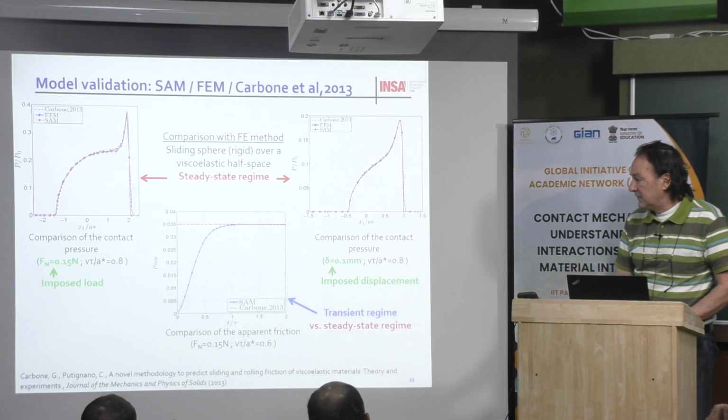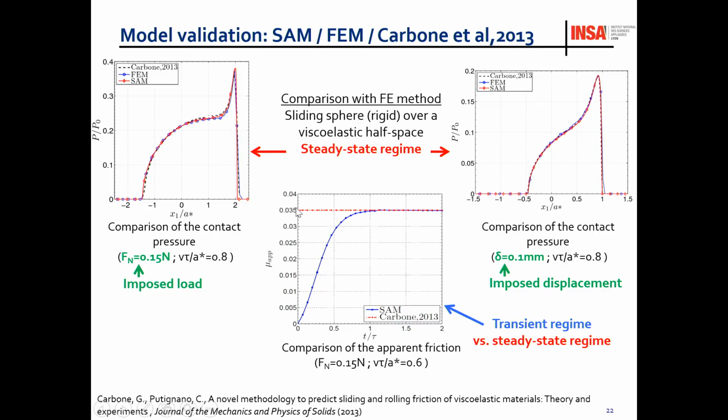Then you can see here a comparison between the steady state solution and the transient solution. As I said before, you can see that in this situation, we reach the solution when t, the time, equals tau, about 1. But it depends on the situation. It can be 2 tau or 3 tau, but typically around tau, we reach the steady state solution. And you can see that you have a very sharp increase of friction coefficient. Here it is not very important. This is 3.5%, which is a very low friction coefficient.